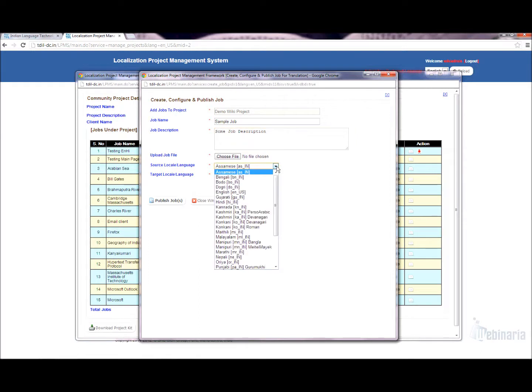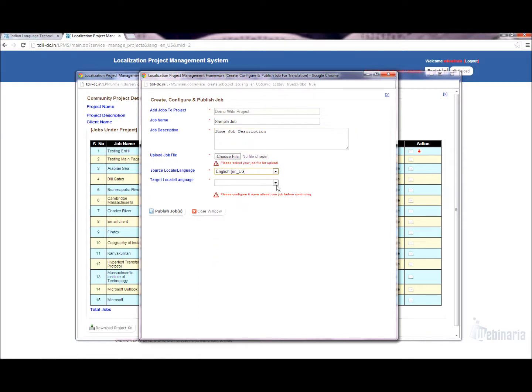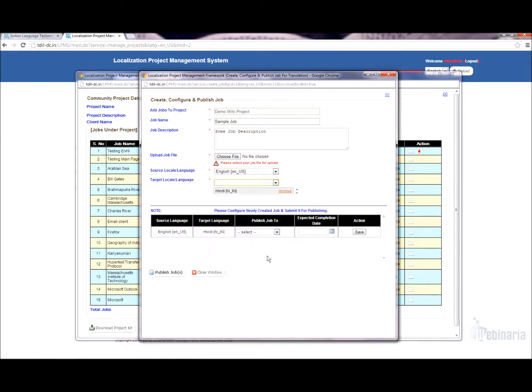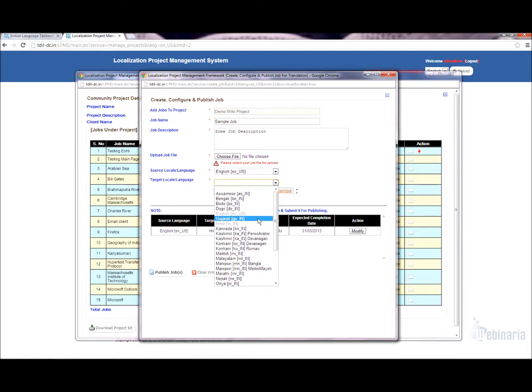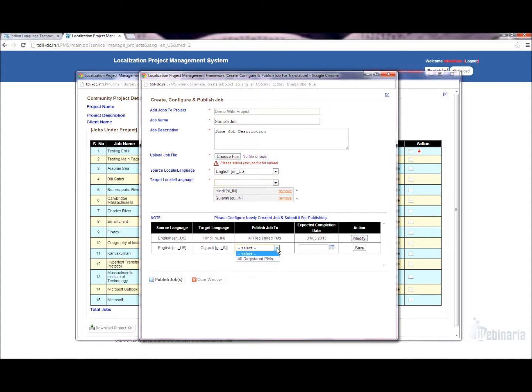You need to specify the language pairs for which you would like to do the localization. You can also add more languages if you want the same file to be translated or localized in different language pairs. You can configure a deadline for that also. And finally, you can publish your jobs.